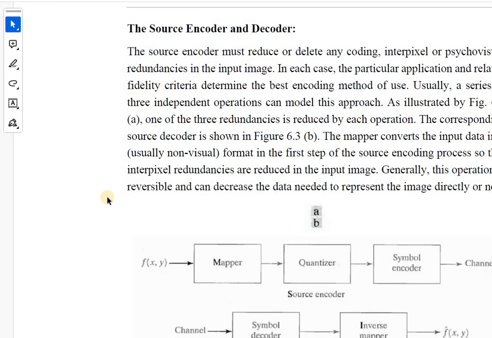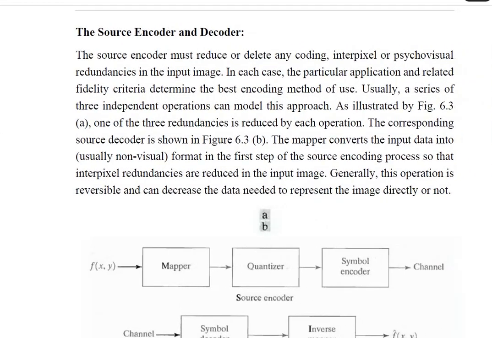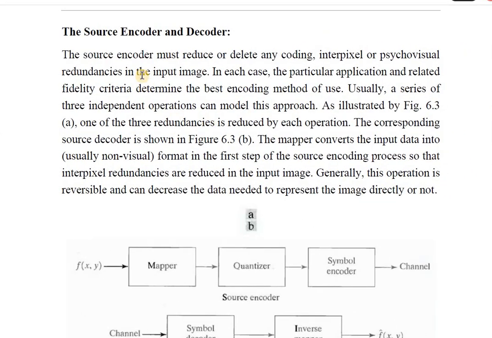So now let us talk about the source encoder and decoder. What are the source encoder and decoder going to do? First of all, when you are compressing an image, what exactly are you reducing? You are trying to reduce the size of the image. But how can I reduce the size of the image?